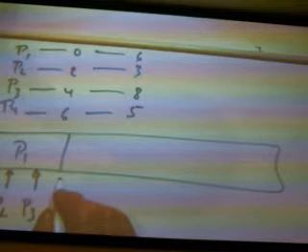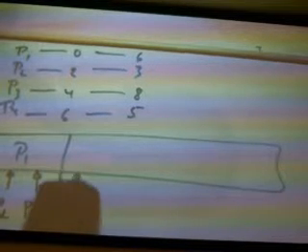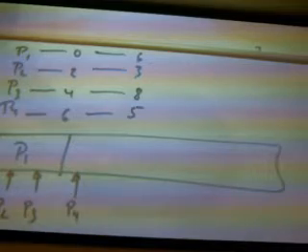P2 arrives at, let's say, 2. P3 at 4. And P4 at 6. Correct? Okay. So when P1 has run for 5 time units,